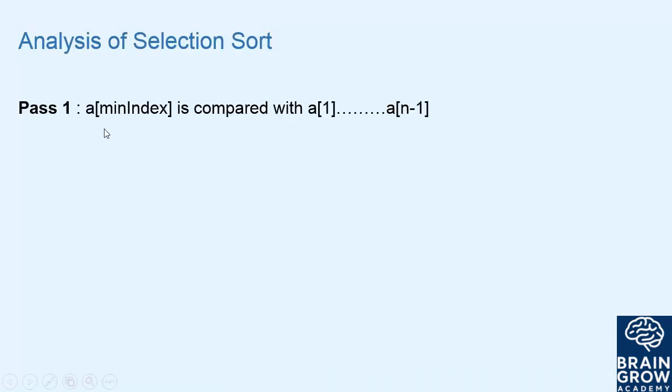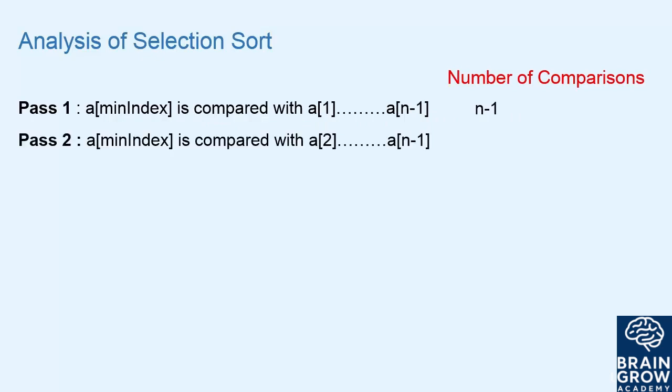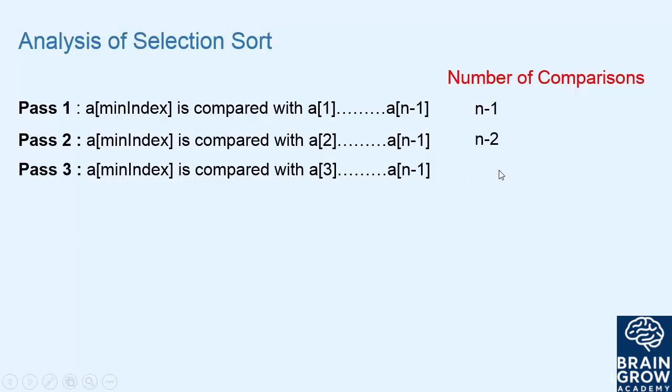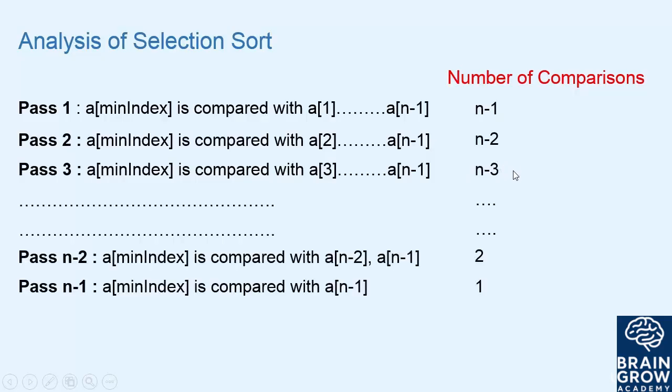In pass 1 of selection sort, A[minIndex] is compared with elements from A[1] to A[n-1]. So we have a total of n minus 1 comparisons in pass 1. In pass 2, A[minIndex] is compared with elements from A[2] to A[n-1], so we have a total of n minus 2 comparisons. Similarly, in pass 3, we have n minus 3 comparisons and so on. In the last pass, we have only one comparison. So the total number of comparisons in selection sort is n times n minus 1 divided by 2, which is